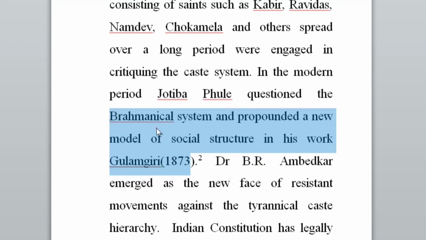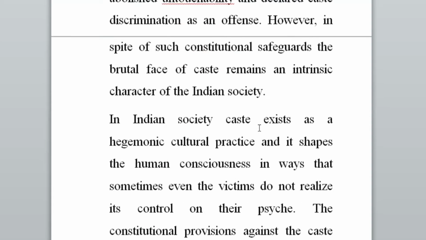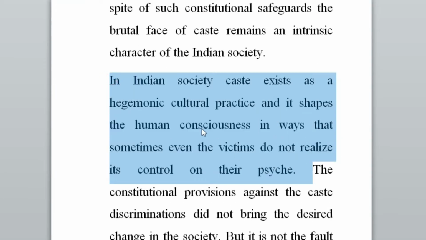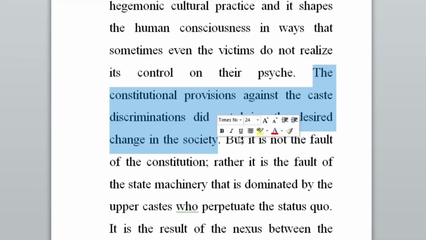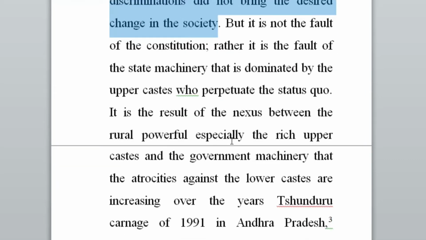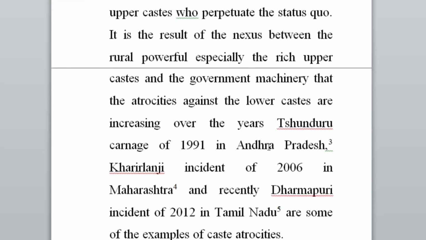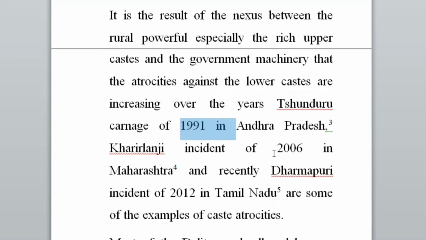And then how the caste system impacts the psyche of the untouchables. And then the constitutional provisions which were there during British India. During British India, the caste system was abolished, I mean in 1929, constitutionally. Officially it was abolished; no one can practice it anymore. Okay. Then the reference of these practical events which have taken place: the Sunduru carnage of 1991, then 2006 and 2012. So you can understand, when you are writing your proposal, first of all try to define your